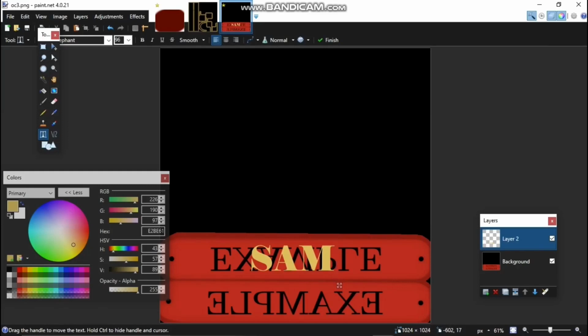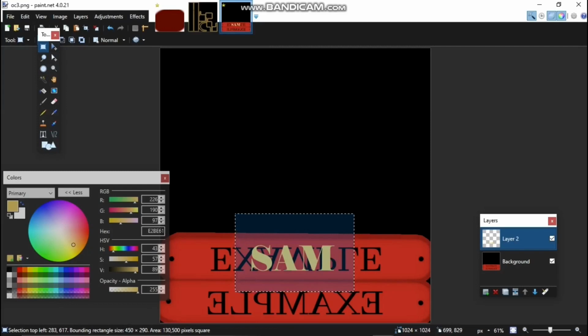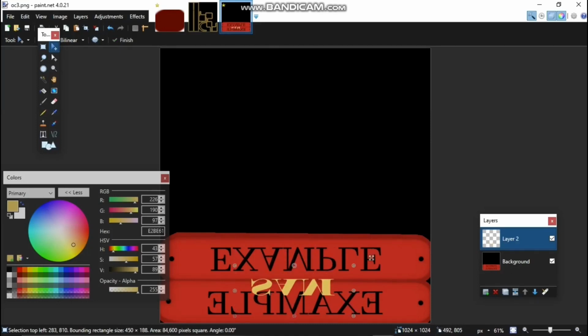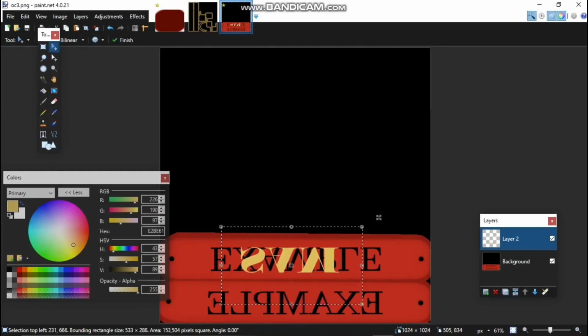And then click the rectangle select. Go over here to the move selected pixels and just invert it. And by that I mean make it upside down and make sure it's the proper way. Personally, I'm going to stretch it a bit so it lines up more. So yeah, like that. Copy, paste, turn it over,